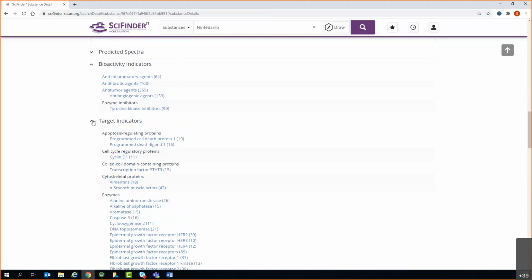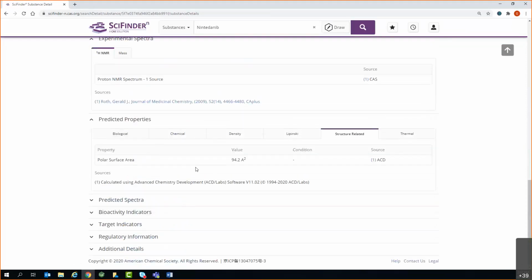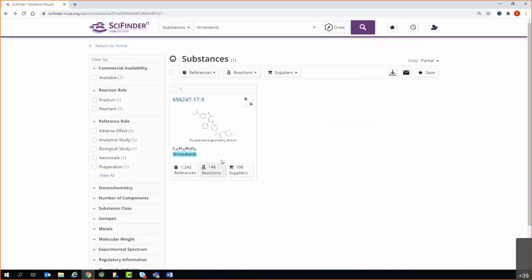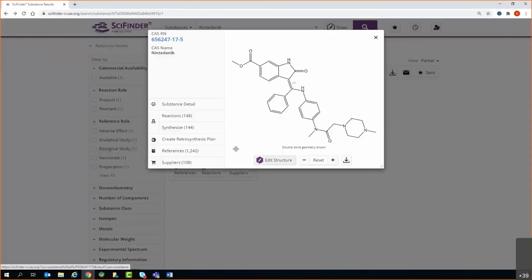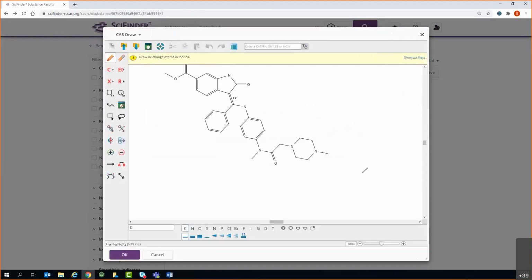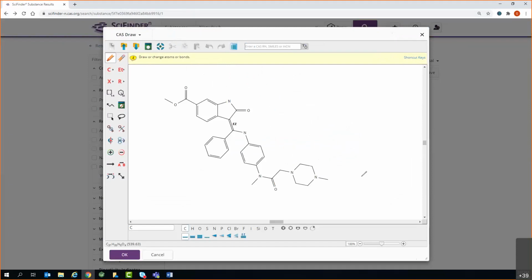So just want to point these things out. Some people haven't seen that before, don't know they're there. So I always like to point that out. And want to then put this into the query or the draw tool and to point out a couple of